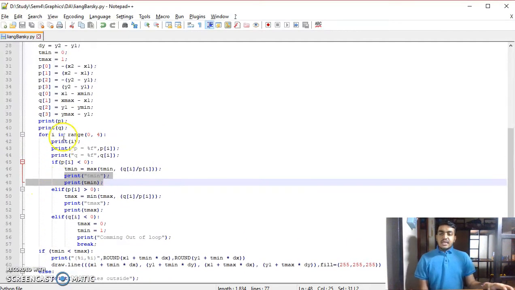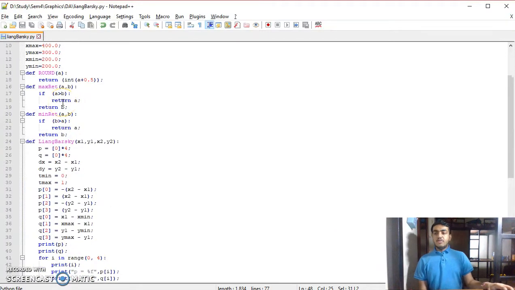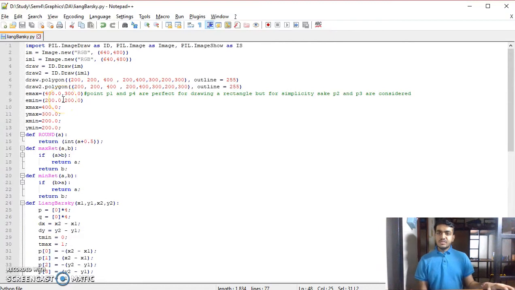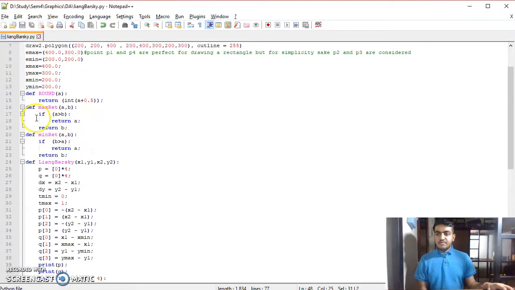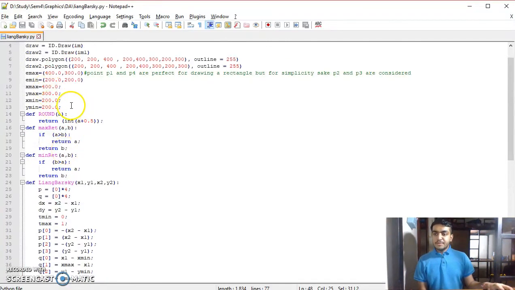Now, the Liang Barsky algorithm overcomes what we had as a fault in Cohen-Sutherland. Here we have used the pill command basically to draw our images. We have gone directly to the Liang Barsky algorithm here, but before that we have defined our boundaries. As you know, only 2 points are more than sufficient to show our rectangle